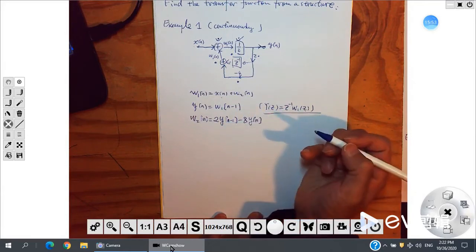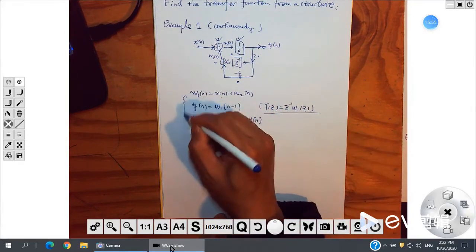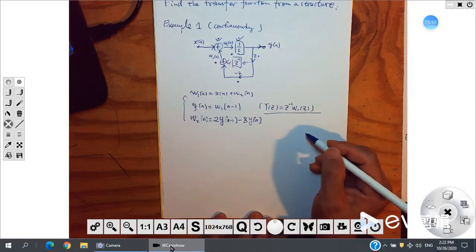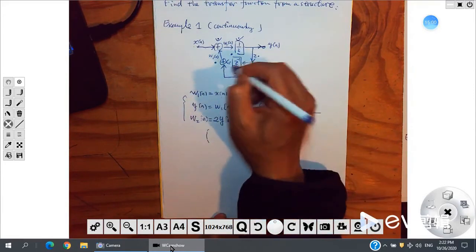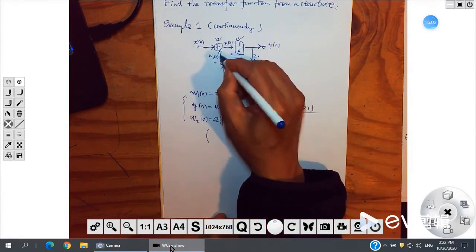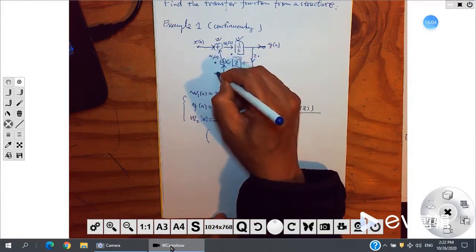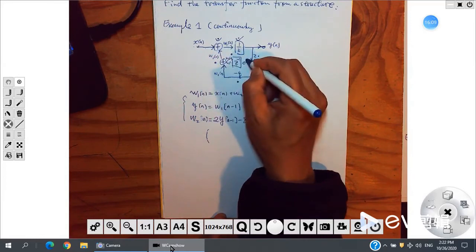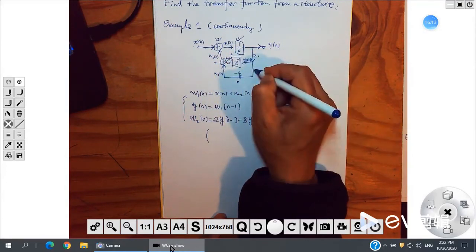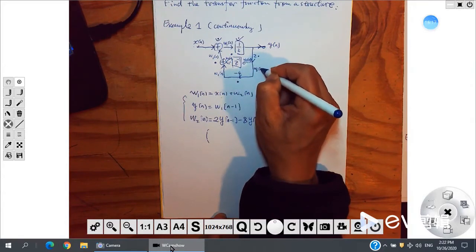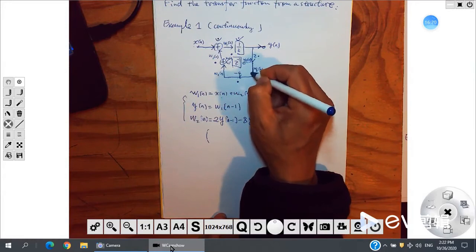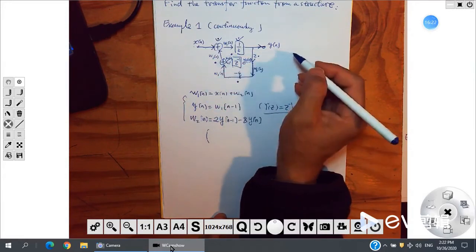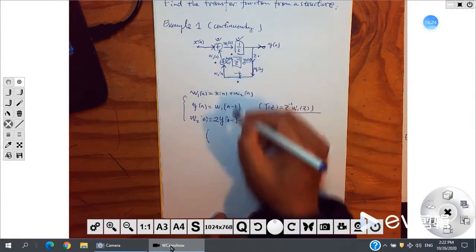Okay, then I can have 3 equations look like this. If you want, you can also introduce more variables like 1, 2. I can use W3 here and W4 here and W5 here. And okay, you can write in this way. Here, if you want, here's a W6 of n. You can give every path, you give the signal inside this path. Then if you give these things, then W2